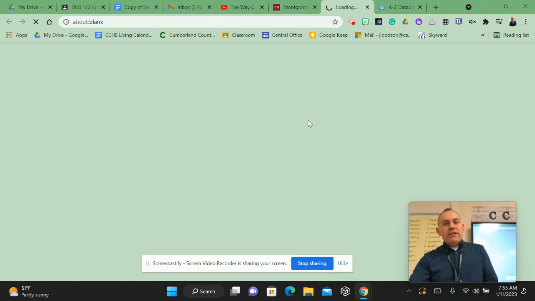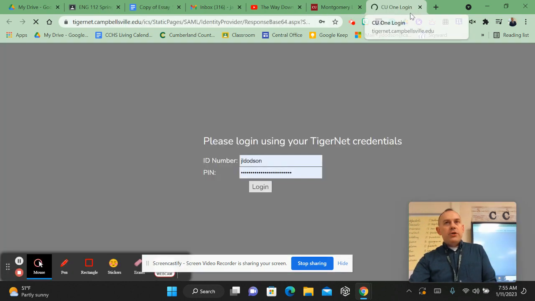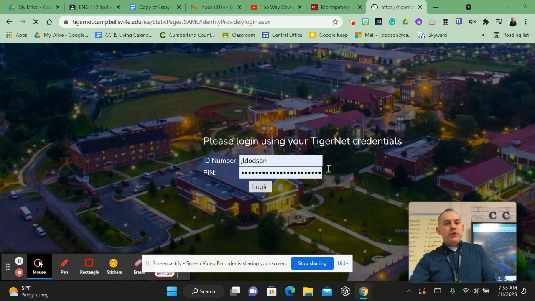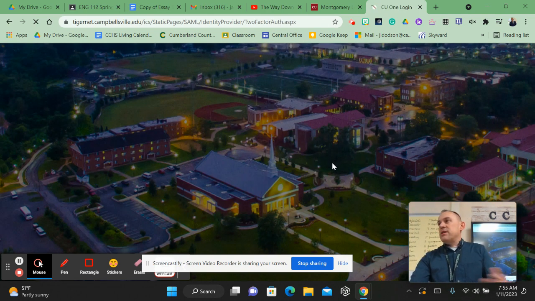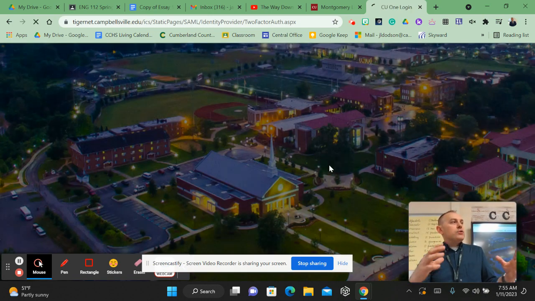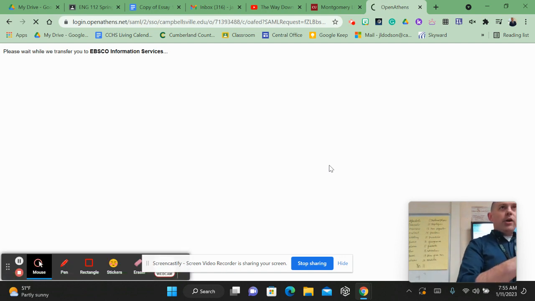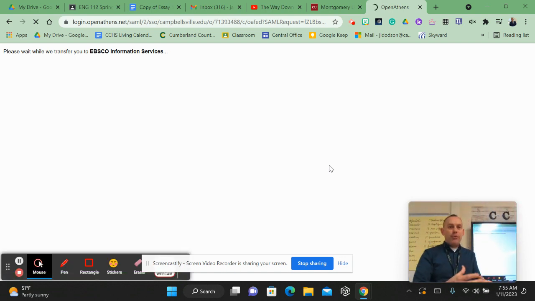I always use advanced search just because it gives me a little bit more limiters to filter down my searches. It will require you to use your login, so make sure you've got your credentials in for TigerNet. Because it's a subscription database, that means not everyone can look at it. It's not public domain. And all the sources here are put there because a librarian has put them there. They're there because they're in an academic journal.